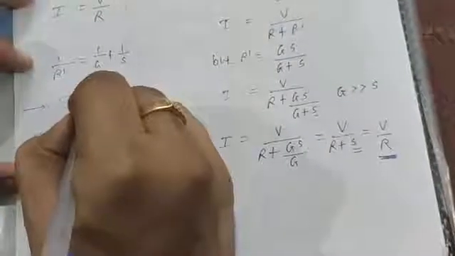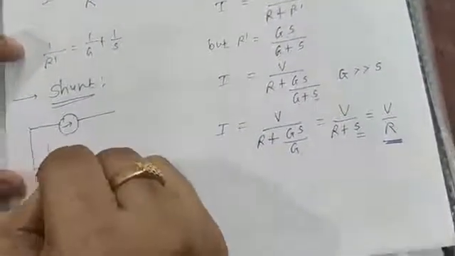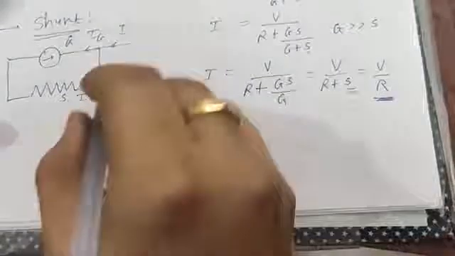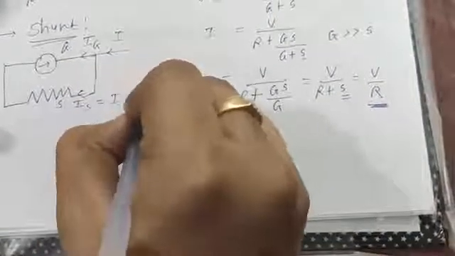Now what will be the formula of the shunt for that? See, shunt. Again, suppose I am drawing this circuit, only this circuit, galvanometer G and shunt S. See, the total current passing is I, but only Ig current is passing through the galvanometer, and this Is current is passing through the shunt. What will be the value of Is? That is I minus Ig actually.